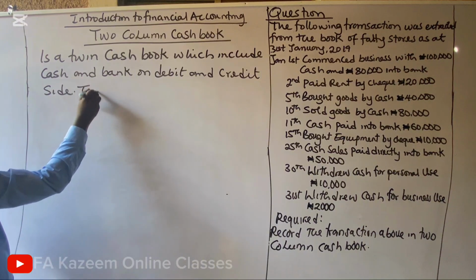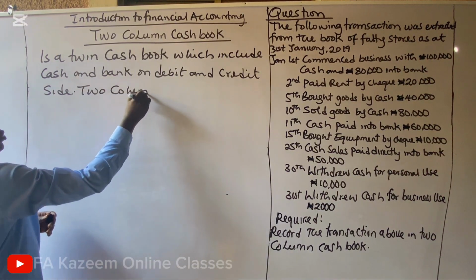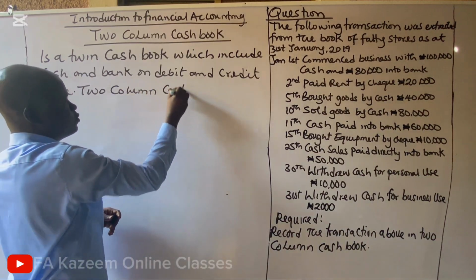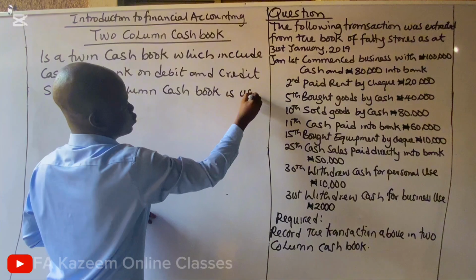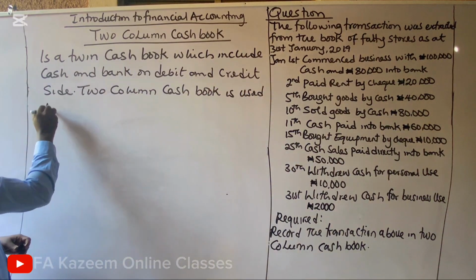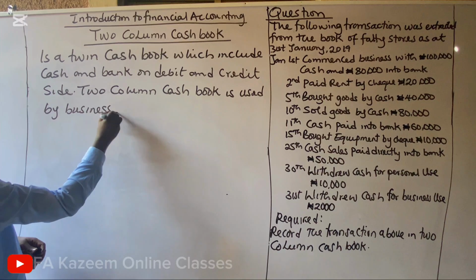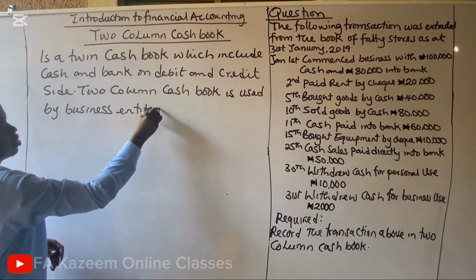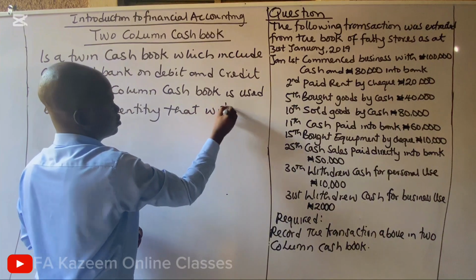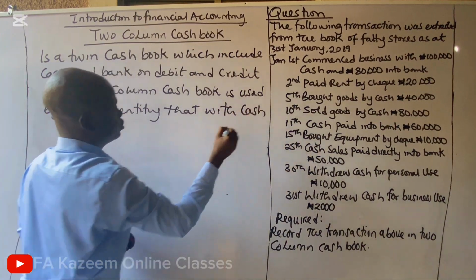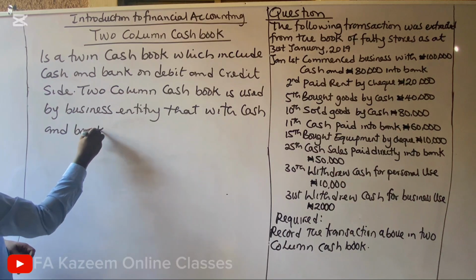Two column cashbook is used by a business entity that deals with cash and bank